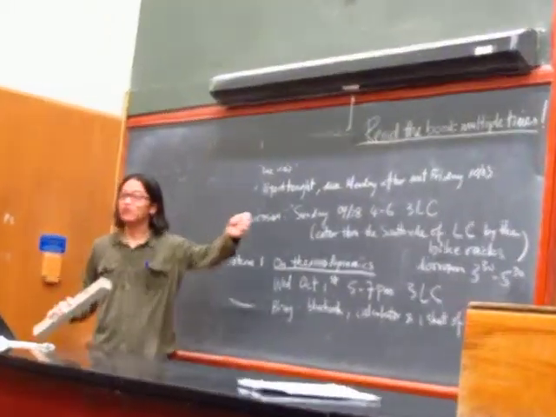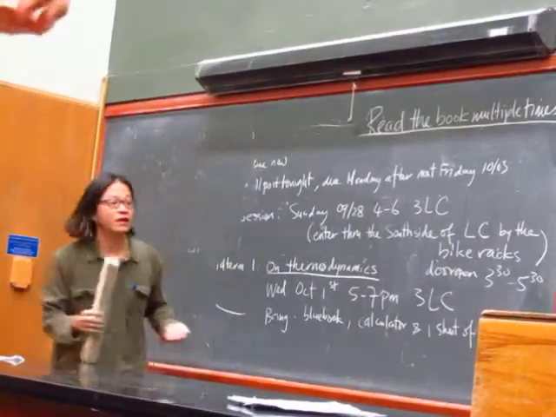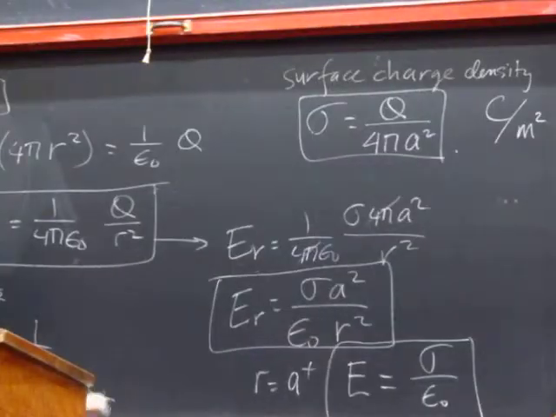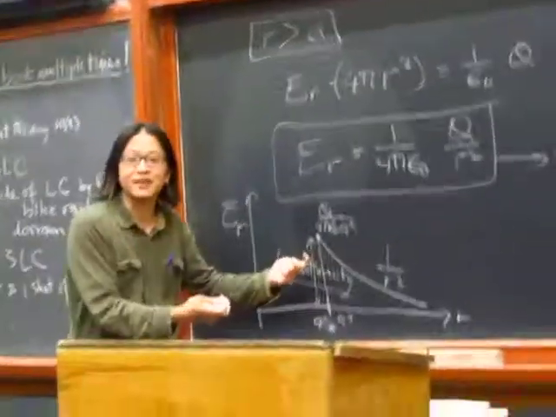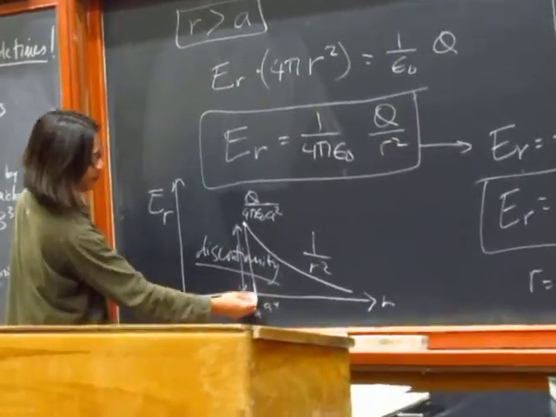Question so far is all pretty simple. What did you mean by A, R equals A plus? I mean, because there is a discontinuity here, right? The field is not exact. This is just a mathematical exercise here. The field is not exactly